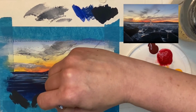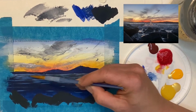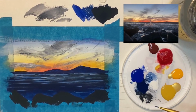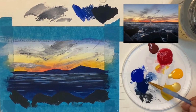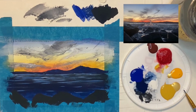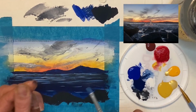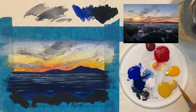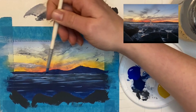And as I'm getting closer to the shoreline, oops, sorry, I bumped the table there, I'm going to start spacing those out quite a bit more. And going back in. And I'm going to straighten this horizon line out again, because it really does look like I have some massive waves in the back, and I'm just not into that. So I'm going to